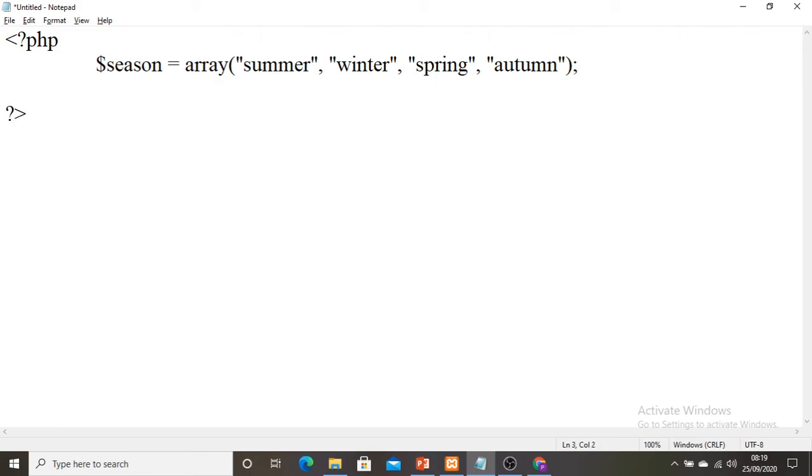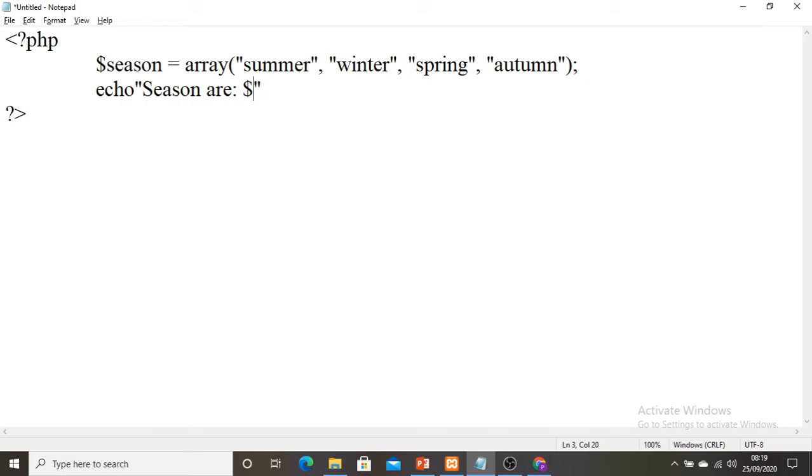So let me print these seasons using echo, "seasons are". I will use the way of getting the seasons. So how can I get the seasons? By using the index values.